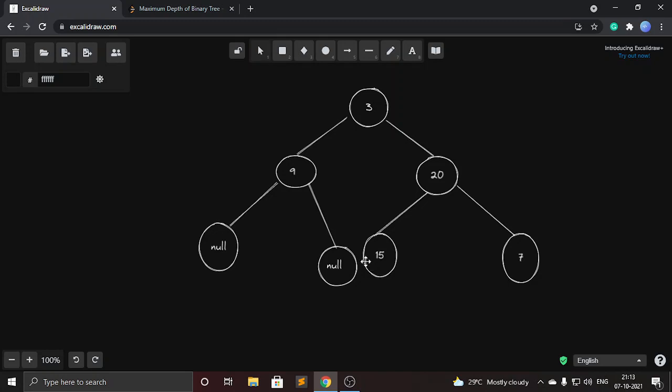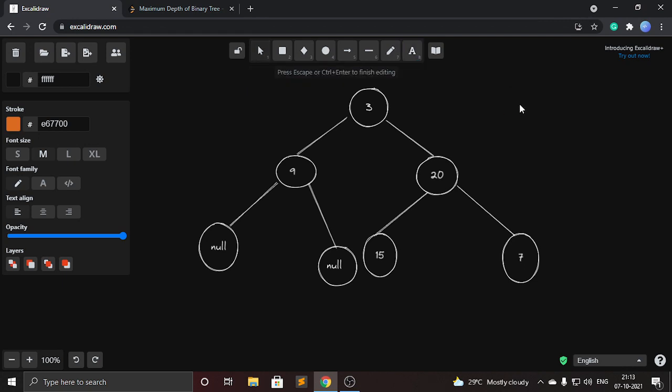So we will solve this problem using recursion. The recurrence relation which we are going to use for solving the problem is 1 plus maximum of its left call and right call.